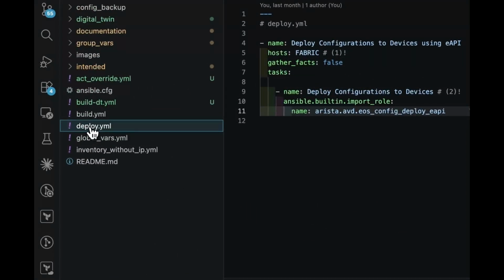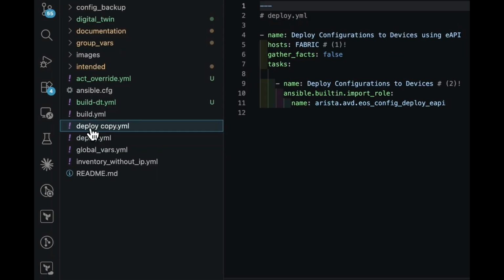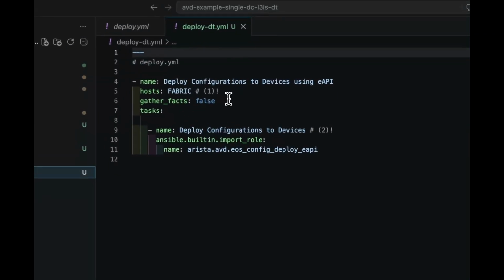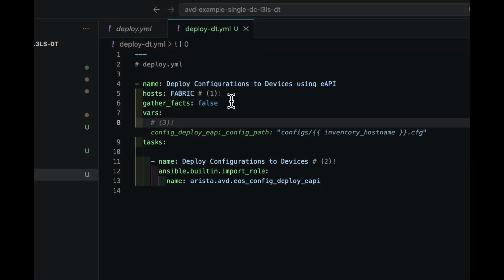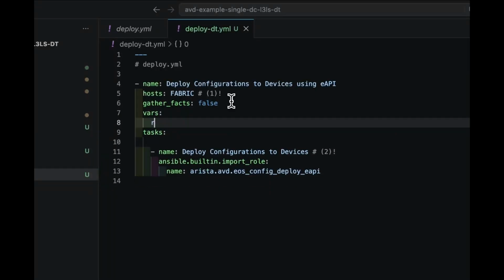We're going to do the same thing we did last time. Copy that deploy playbook, copy and paste. Let's rename the deploy to deploy-dt, and we're going to set a variable, and that variable is going to be our root directory. So we're going to set the root directory, meaning where are we looking for files. We're going to set that to within our inventory directory, and then digital twin,